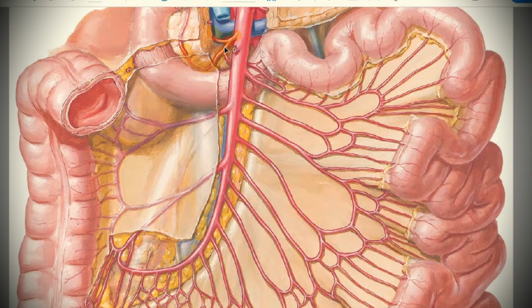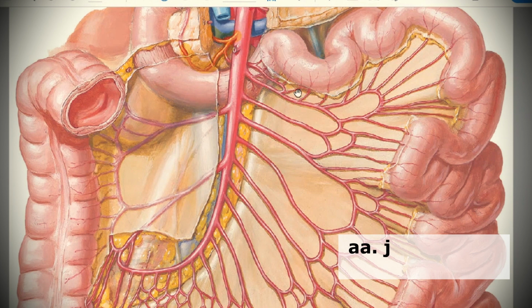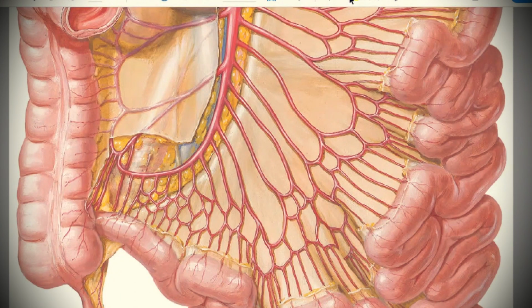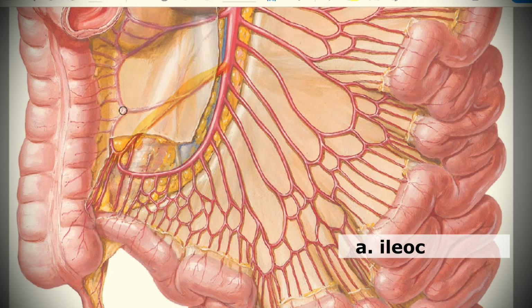The superior mesenteric artery enters the mesenterium and gives a lot of branches. As you can see, the branches that come to your jejunum will have the same name, rami jejunales. Next, the branches that supply the ileum, rami ileales. Next, it gives this branch that comes to your ileocecal angle. It is called arteria ileocolica. It gives